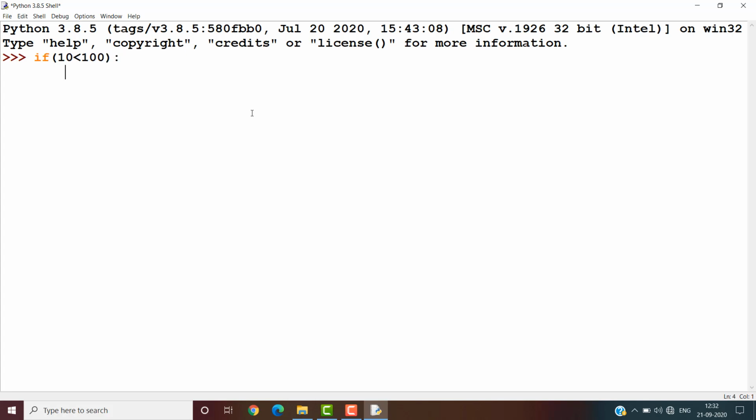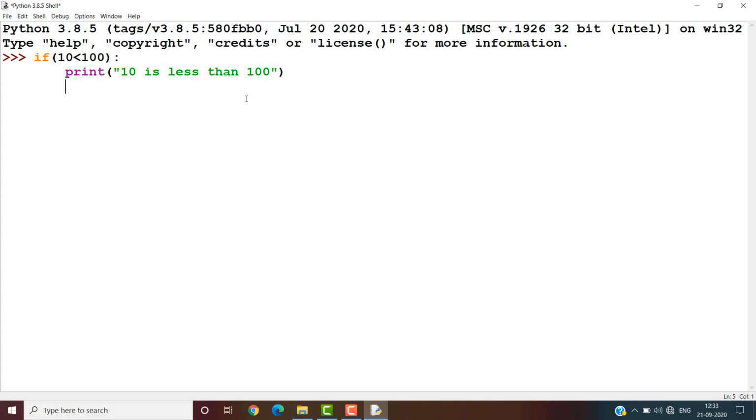Enter. If you enter the syntax with a colon, then it will take the indentation. Here we want to print whatever we want. So print, yes, 10 is less than 100. In the statement we are specifying 10 is less than 100.